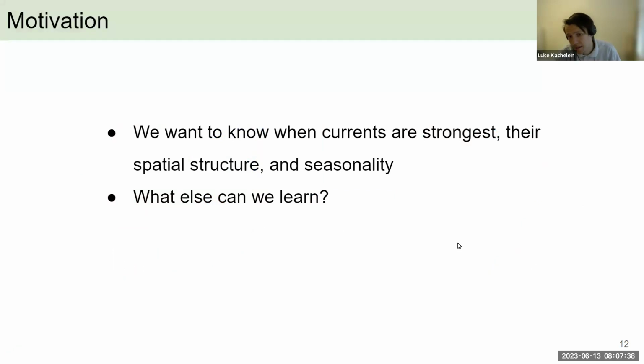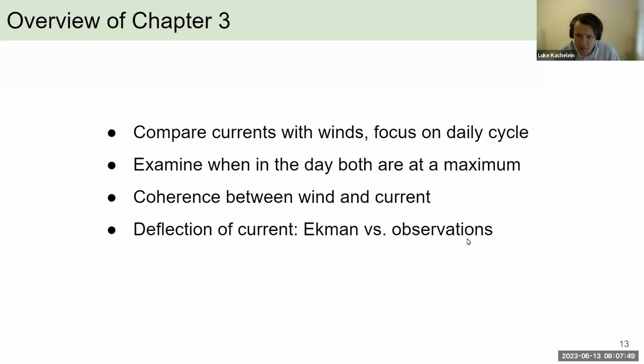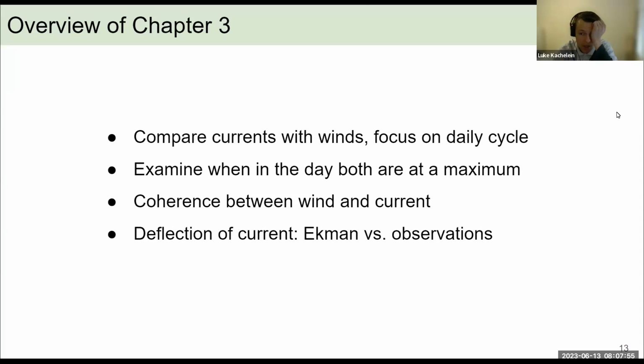Their analysis, not ours. So overall, just to recap the motivation, we want to know when currents are at their strongest, their spatial structure, and their seasonality, and what else can we learn from this? By the way, the overview of this chapter is comparing currents with winds, focusing on the diurnal cycle, examining when in the day both are at their maximum, the coherence between the two, which is pretty important, and then looking into the deflection angle between the two,